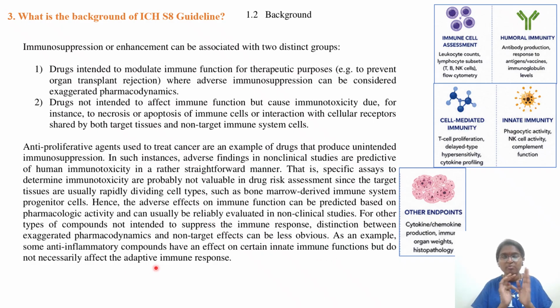So you have to stop the video and see what different types of immune systems there are. Innate immunity, what is this one? Adaptive immunity, humoral immunity. Please read, then only you can understand this point. Cell-mediated immunity, that is T cell proliferation; innate immunity, phagocytic activity; humoral immunity, that is antibody production, right? So we'll see